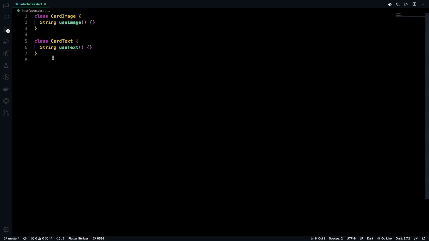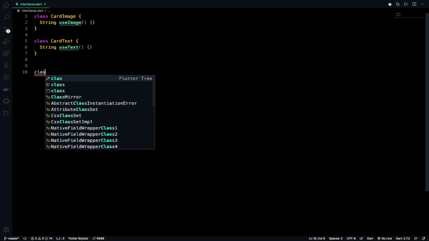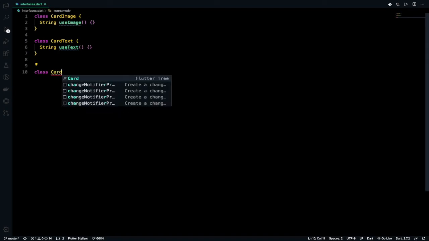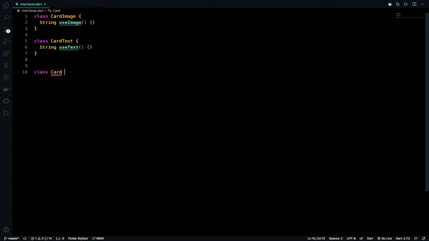And after that, I'll implement a class named card. Then I need to implement the classes card image and card text into the card class. So we have to write implements, and we have to write these two names.